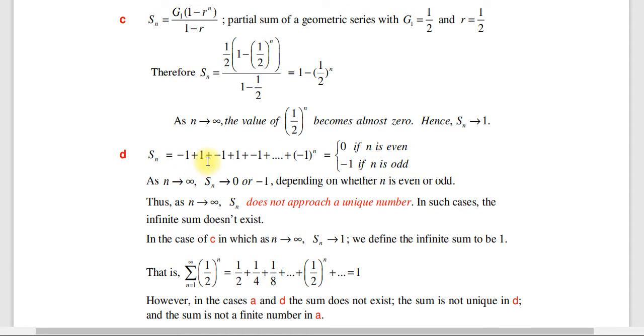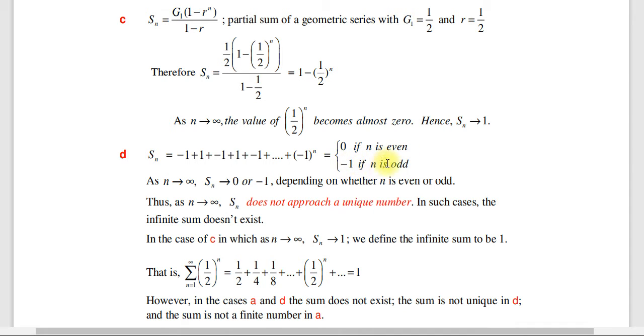እዚህ ጋር ደግሞ −1 + 1 − 1 + 1 − 1 እያለ ይቀጥላል። ከዛ ምን −1 to the power of n ድረስ ነው። ይሄ እንግዲህ n ኢቭን ሲሆን ይሄ ፓወር ኢቭን ሲሆን −1 ስኩዌር, −1 to the power of 4, −1 to the power of 6 ሲሆን ፖዚቲቭ 1 ይሆናል። ኦድ ከሆነ ፓወሩ ደግሞ ኔጌቲቭ እንደሆነ ይቀጥላል። ስለዚህ ሳሜሽኑ ምን ይሆናል? 0 የሚሆነው if n is even and −1 if n is odd ከሆነ ማለት ነው። ኦኬ ስለዚህ as n goes to or tends to infinity is equal to 0 if n is even ከሆነ